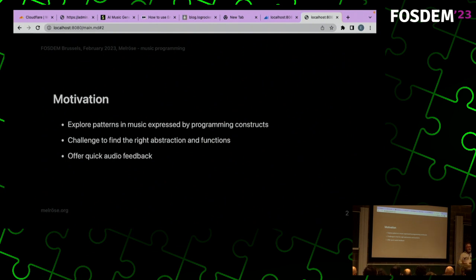Now I told you I'm a Go programmer. So initially I thought, okay, I'm just going to write a library and create all these function abstractions. But then I realized, each time I create something like a music or a pattern, I have to compile it, restart it, listen to it. No, it's not good. Change it, compile it, restart it. So I quickly skipped that whole idea, and I realized I need to offer quick feedback. And so I started thinking about a different language, and then use Go as an interpreter of that language.